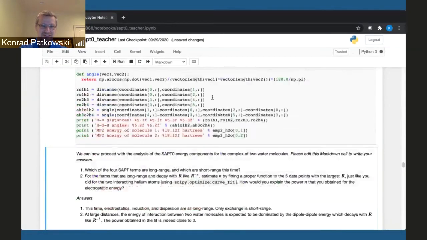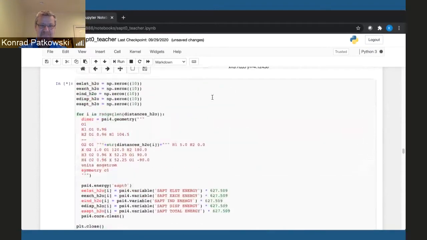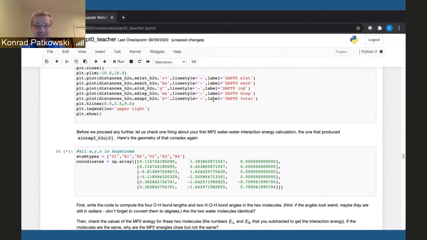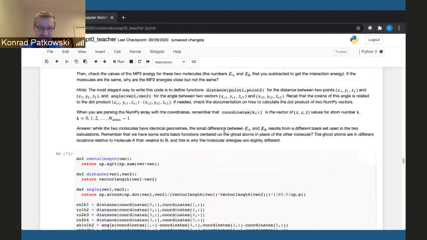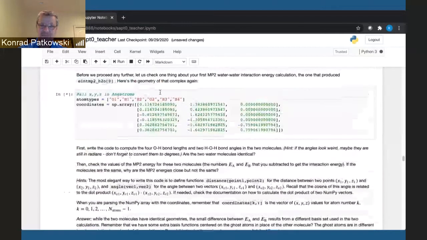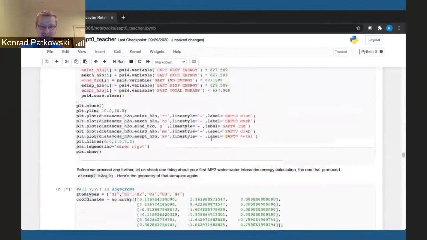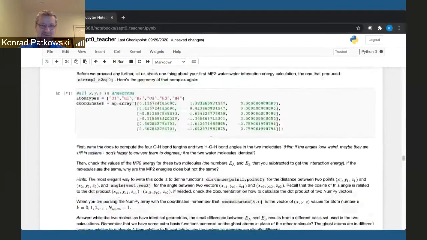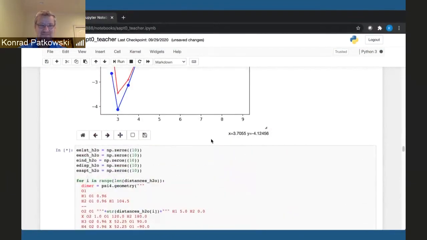These two waters are exactly the same, but we're getting slightly different energies for the two. And how is it possible? So the students write a little code to find the bond lengths and the bond angles in the water molecule using the Cartesian geometry, and verify that these are exactly the same,